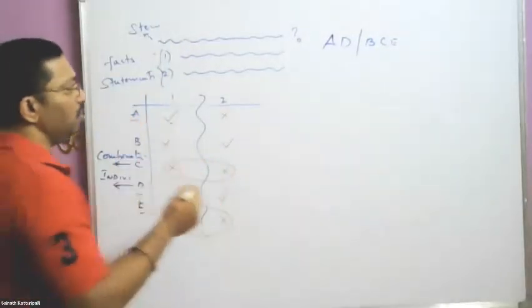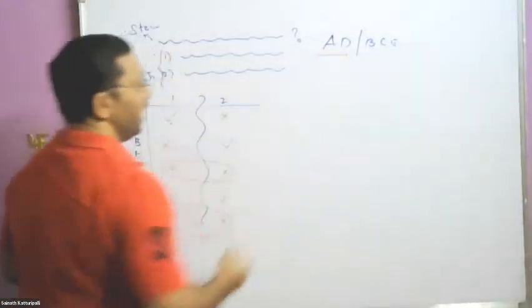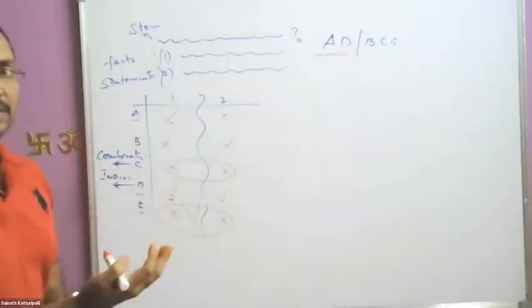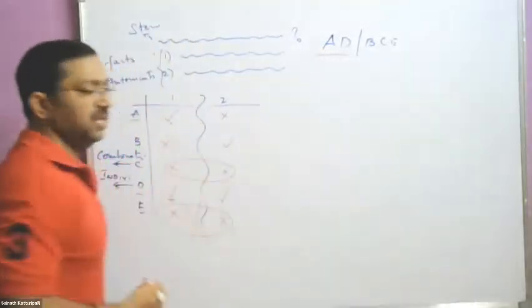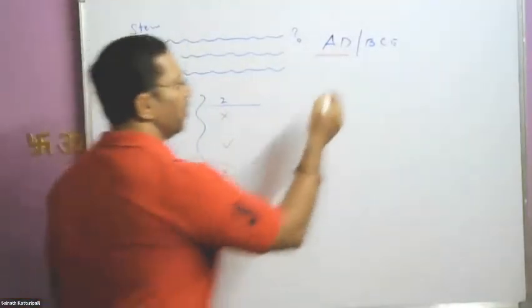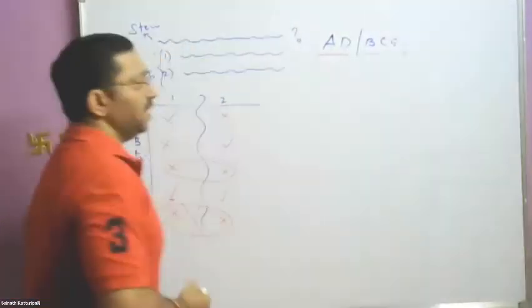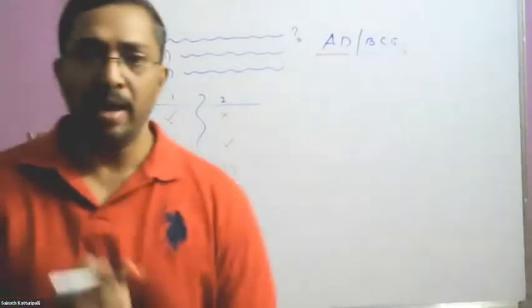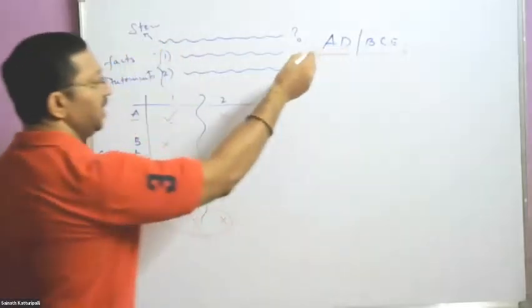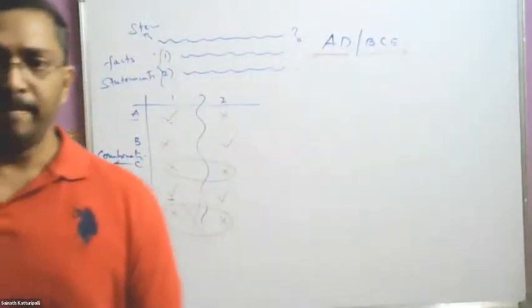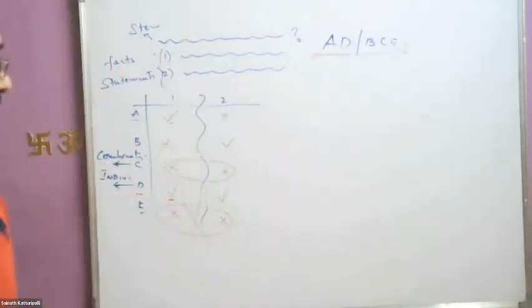If statement 1 alone is sufficient, you relate it with AD because that comes in the first place. And if statement 1 is not sufficient, you strike off AD. Then you go with the order: after B comes C, after C comes E. When you're working the AD side, you give importance to D first. First you decide whether D can be the answer or not. Clear? Followed now? Next. Yes, sir.